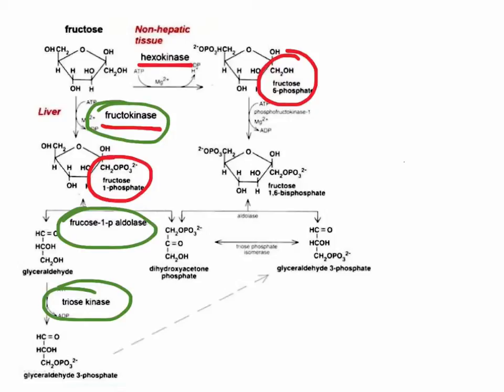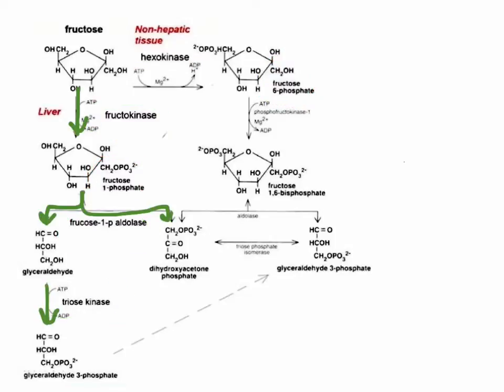Although the metabolism of fructose takes a somewhat different route in liver and other tissues, it yields the same net energy as glucose. Importantly, this route bypasses the phosphofructokinase step, and remember that this is the main control point in glycolysis. The result is that fructose metabolism is not well regulated, and there's a very high rate of metabolism in the liver.